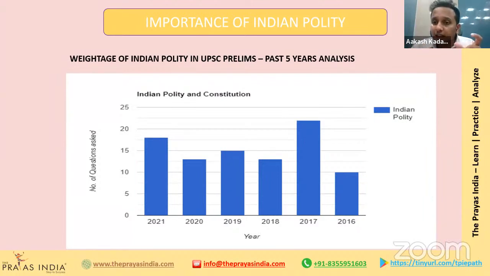And if we start analyzing the cutoff for the past 3 to 4 years, especially after 2018, the cutoff has been hovering around 100 for the general category, right? Now the cutoff is 100, and from that 100, almost 30 to 40 marks are coming from your Indian polity section only. Which means that if you are able to focus on this particular thing, you are almost 30% done with the cutoff, and you are reaching the cutoff. So in that manner, Indian polity and constitution is very, very important.